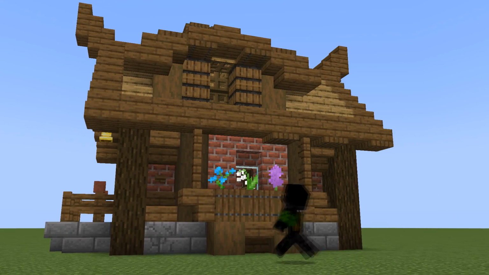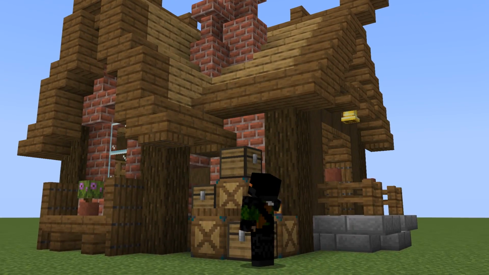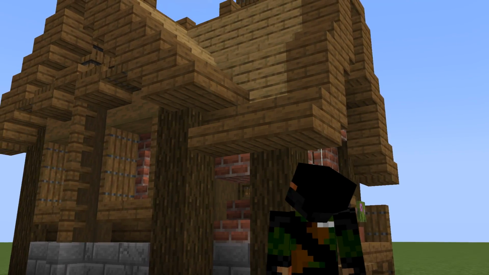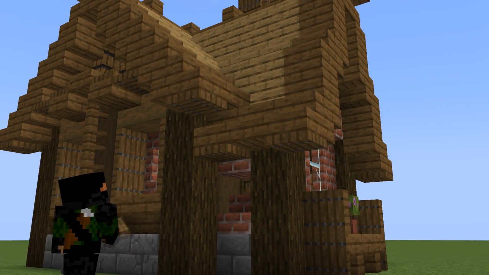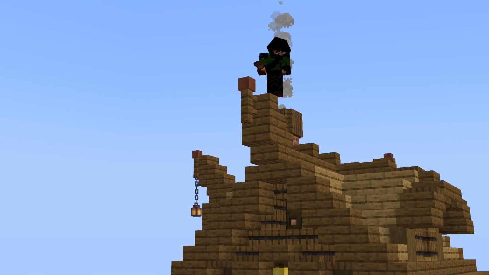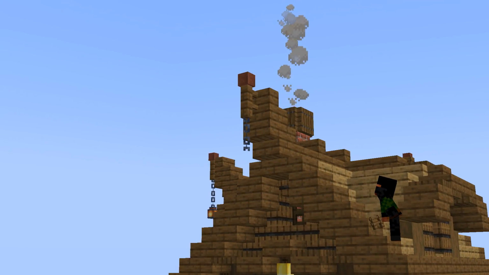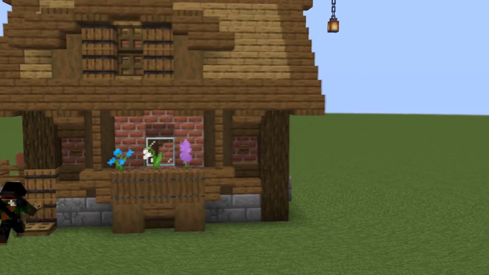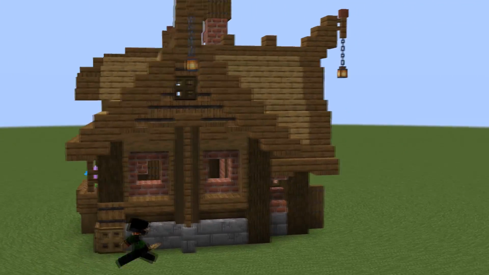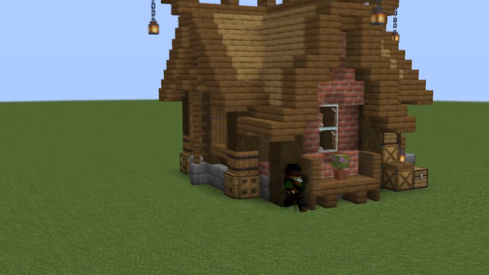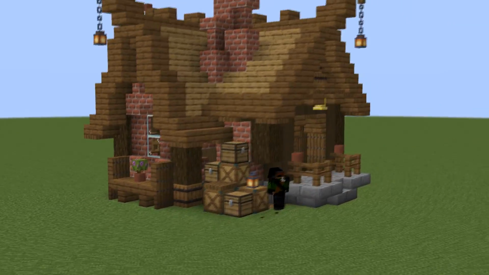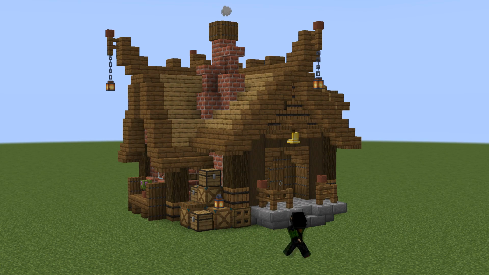And I've also got all of my roof outlines, which I could very easily make look a little bit better by adding some trapdoors underneath them. I can also add some hanging lanterns down from the finials of the roof, that sort of thing. So I just go around and do all of the little finishing details and finishing touches that I want to make before I'm ready to call it a day for the exterior, and then we can move to the inside